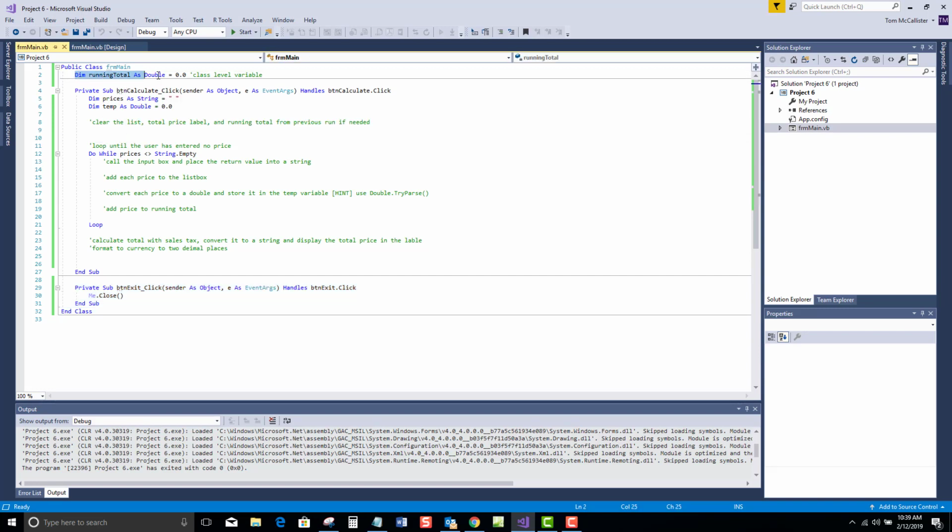Notice I have a class level variable, and did that because I wanted to be able to accumulate it. You could actually have put it in here. It really doesn't matter. I did it that way because I'm used to doing that. So that's my running total, right? And let's see what else we have here. I've got two variables declared within the button calculate click event. One is of type string because that's what you're going to be getting back from the input box